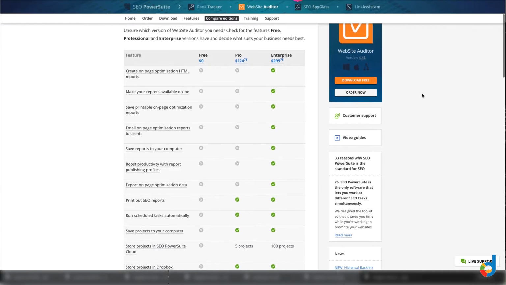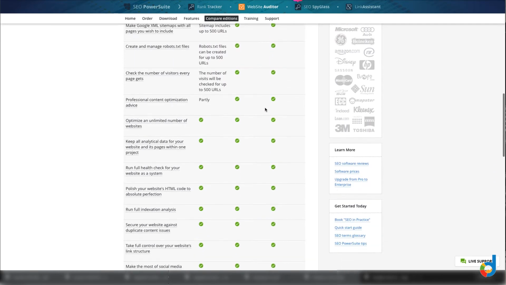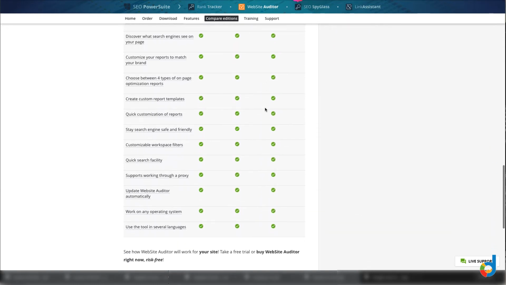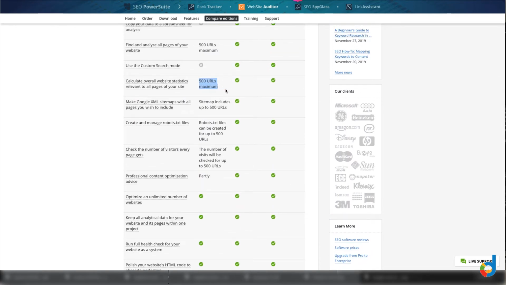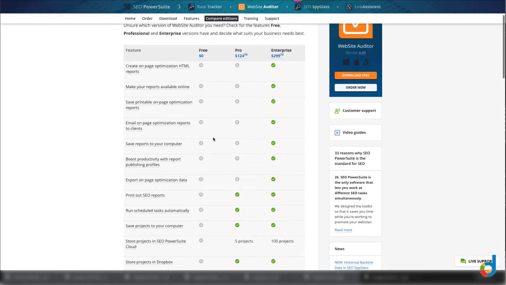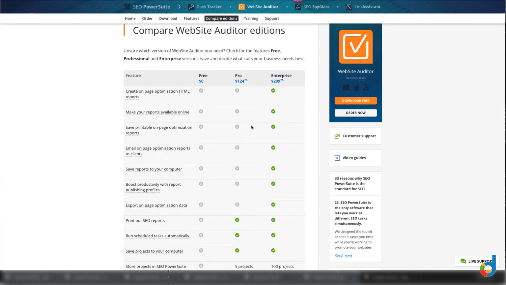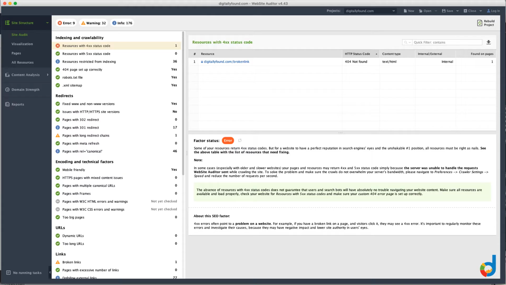But you can actually see the difference between the free, pro, and enterprise version. If you scroll down to the bottom, you can see that you can actually scan an unlimited number of websites and get all of the errors and whatnot. The only exception is that you can only do 500 URLs. If you need to do more than that, you can upgrade to the Pro and Enterprise. The Enterprise gives you the ability to do reports, save reports to your computer, and email client reports and whatnot. So if we go back to Website Auditor, you see I've already done a website audit